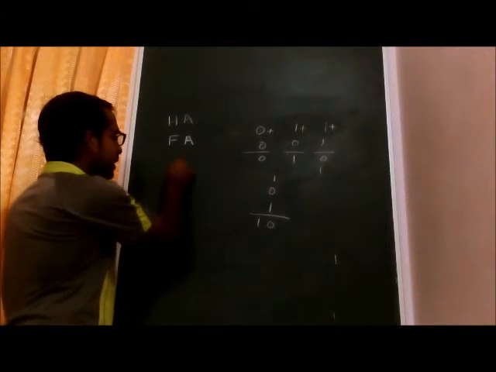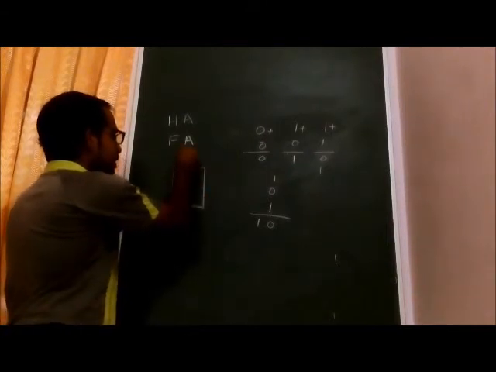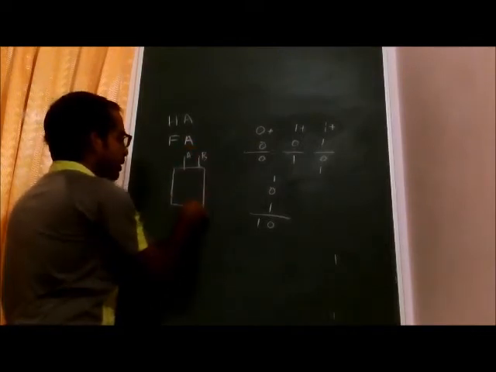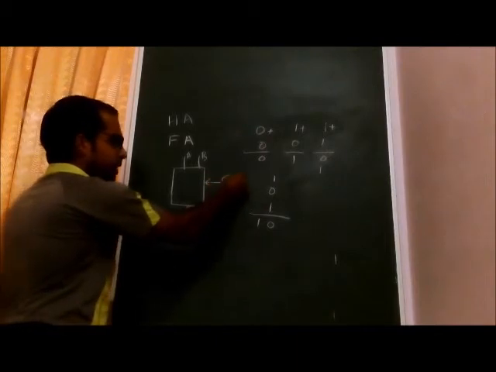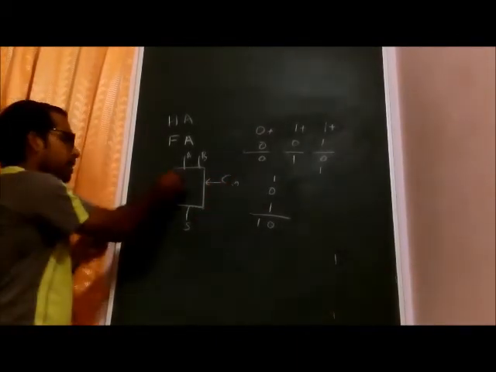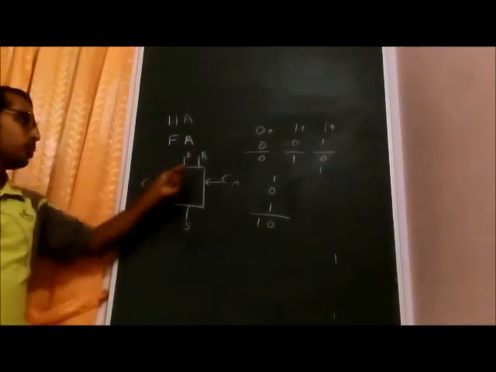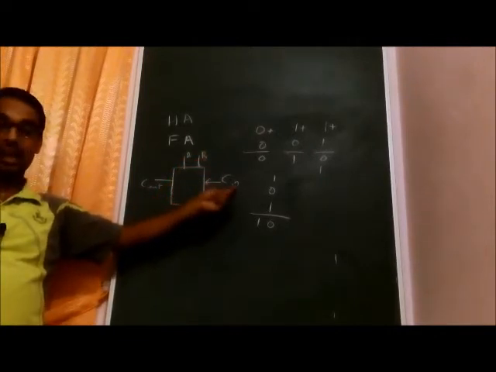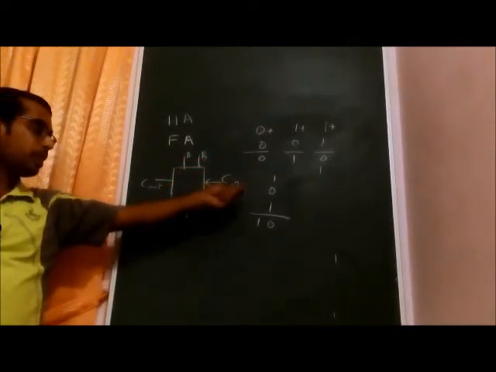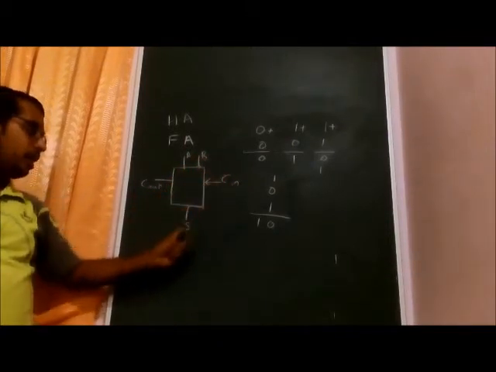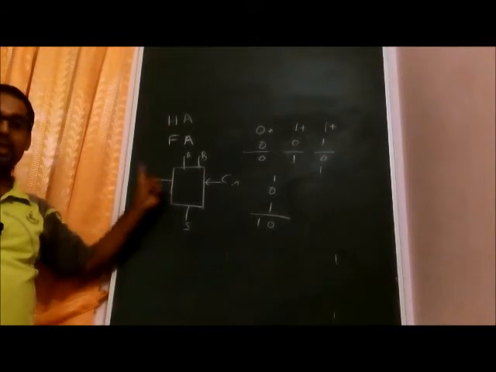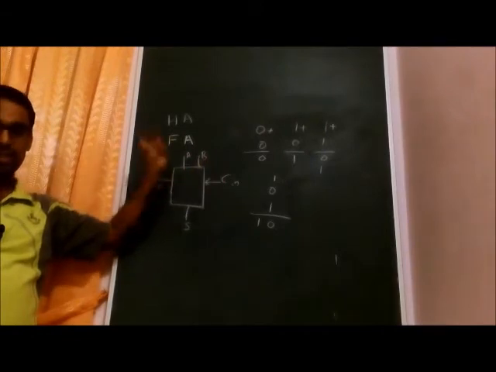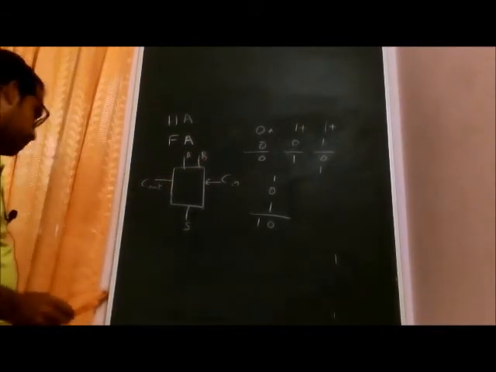We can schematically represent a full adder as, this is A, this is B, and this is the sum, and this is the carry in, and you will get a carry out. So you have A and B as the two single bit numbers, and there is a carry in from a lower significant bit, and these 3 can be added and we will get a sum and carry. But in the half adder case we cannot add the third bit, we can only add these 2 bits. That is the limitation of the half adder circuit.